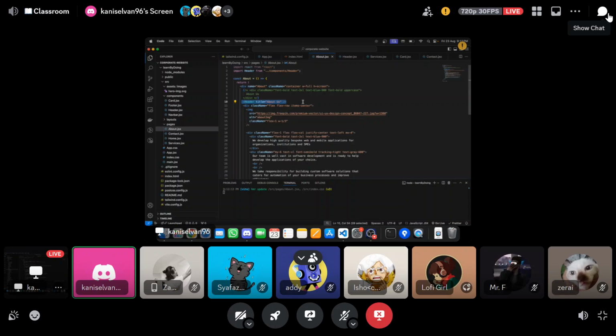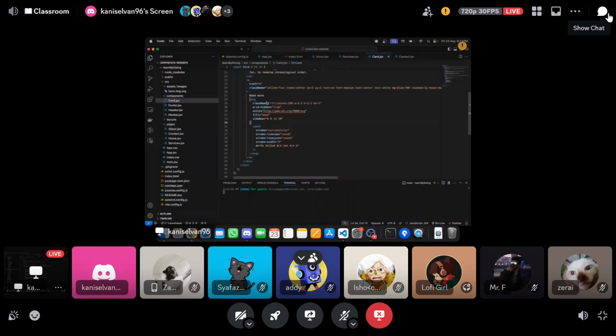See, yeah. So one button. So you can remove this part.